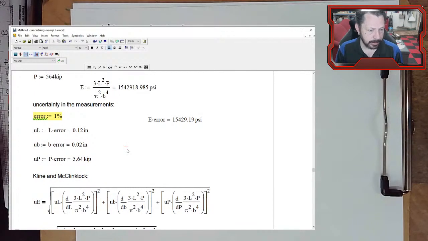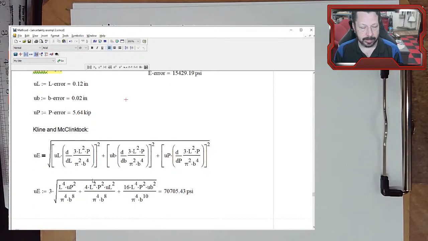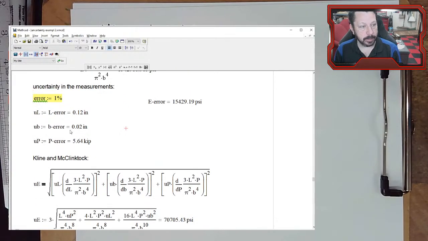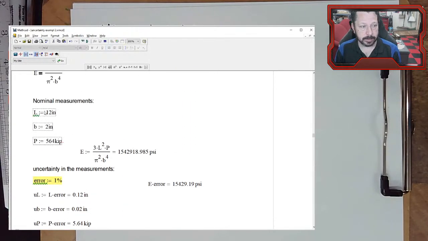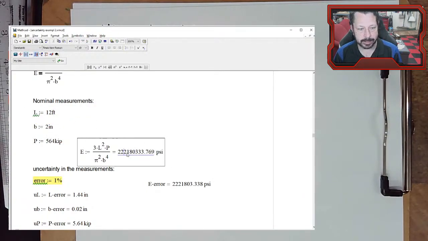So I just wanted to show you that so you can see it in action and how you might arrange it in Mathcad. Mathcad is nice because it takes care of the units. Python can do units. There's a library for doing units. To me, it's a little bit cumbersome, certainly compared to what Mathcad does. Like if I wanted to say that wasn't 12 inches, that was actually 12 feet. Oh, that's the reason why. And then I get something that's actually a reasonable value for, actually that's kind of high,